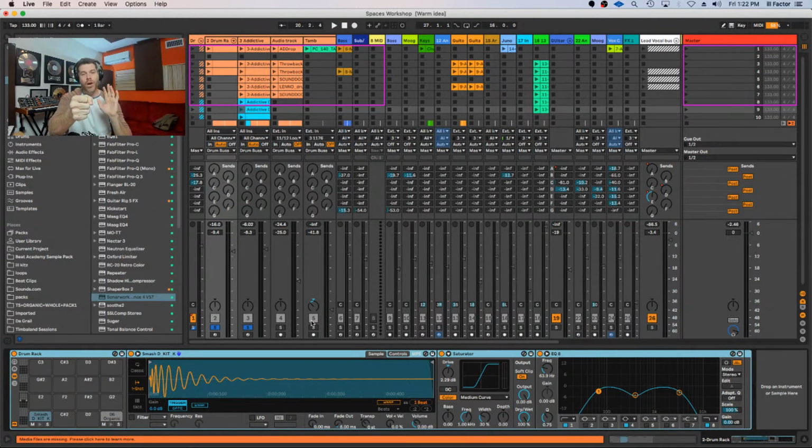So the layers are really meant to bolster frequency ranges, but not necessarily the actual main beat, if that makes sense. So I want to beef up a little bit of the low end. I want a little bit more sub and beef, and I also want a little bit more grit to the snare. That's what I'm treating my drum layer for. That's what my kick and snare are for. They're not to be battling my main drum kit for the spotlight beat-wise.